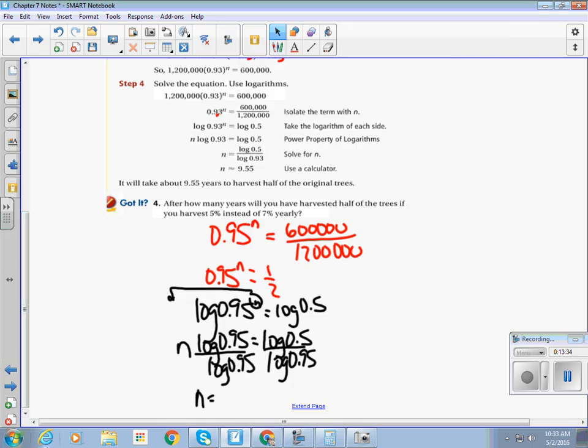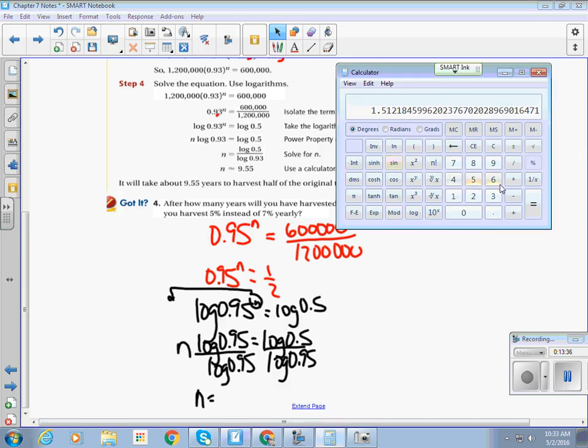Log of 0.5 divided by log of 0.95 equals